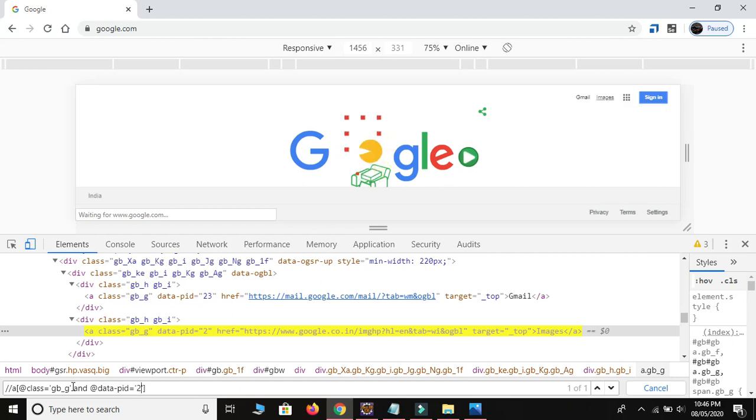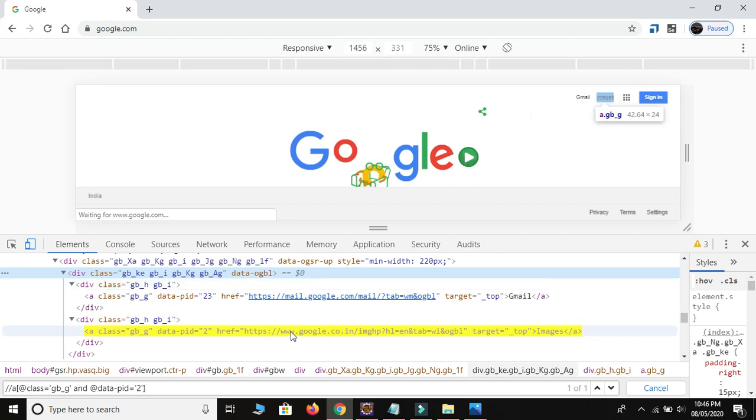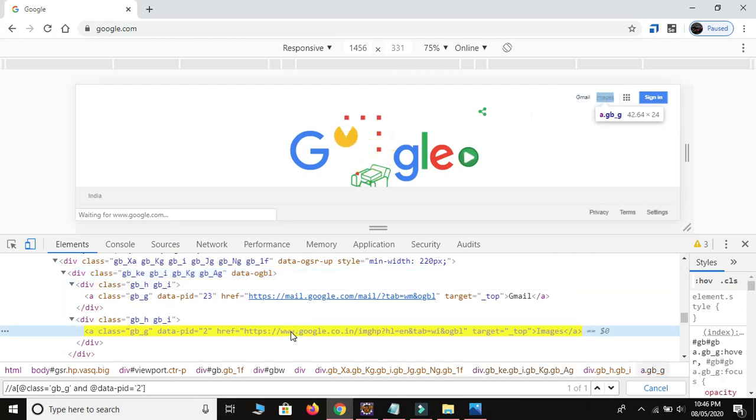Okay, our element is highlighted, and as you can see here, it provides 1 of 1, which means we are very good with this element. If we use this element, the script will be able to find only one element on the web page, and that element is our images element. So if after using this second attribute I get something like 1 of 2 or 1 of 10,